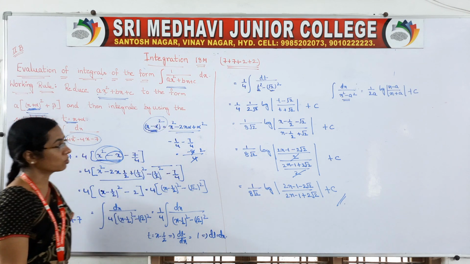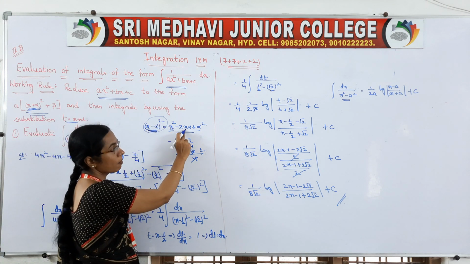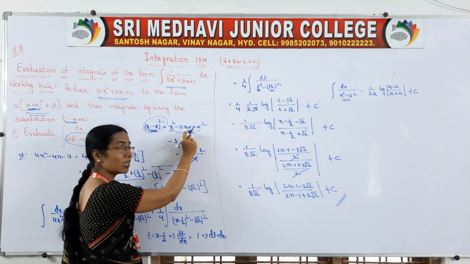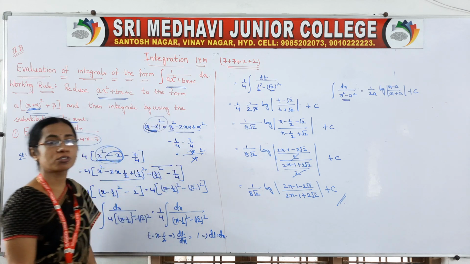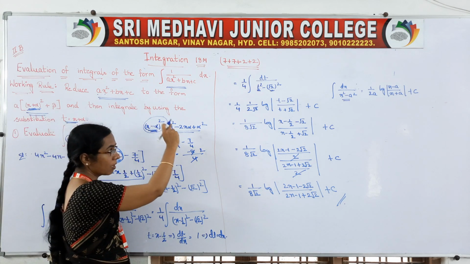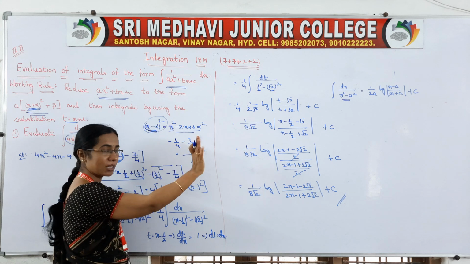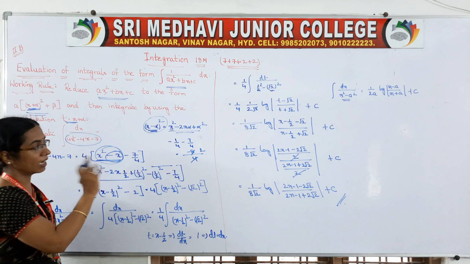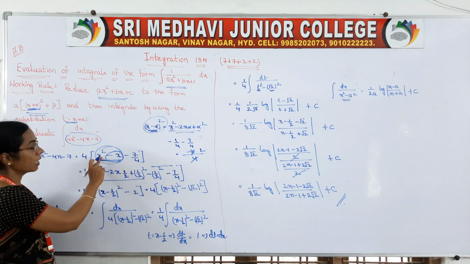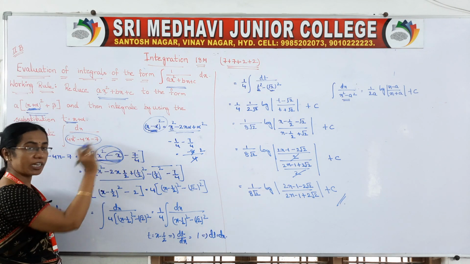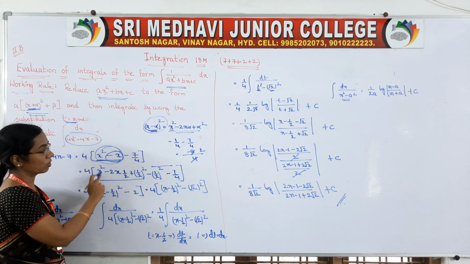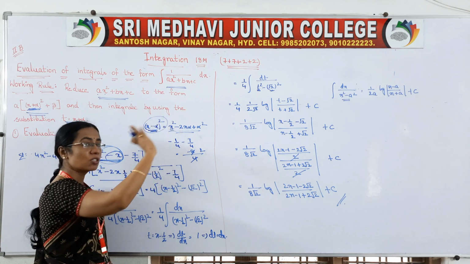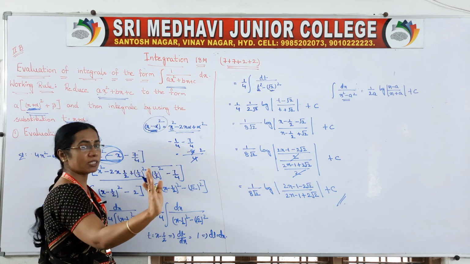x square must be there, minus 2x, I said alpha can be any value, so minus 2x into some value plus some value whole square. It should be x square, minus 2x also compulsory, into some value plus some value whole square, that is the procedure. So here x square is there, no problem, we need x square, we are having x square. Next we should have minus 2x into something. So minus 2x is sure, compulsory we have to take.